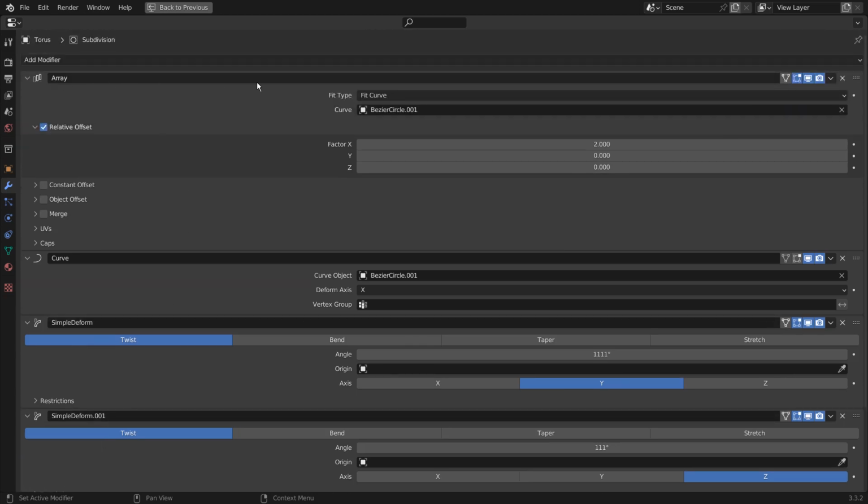The torus is linked to a curve circle, and it's using array and curve modifiers to create instances.